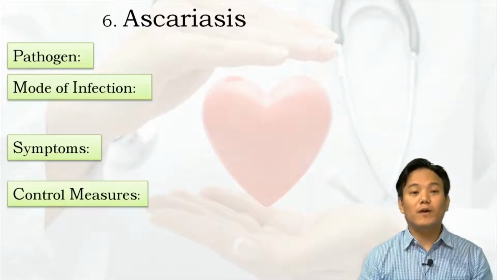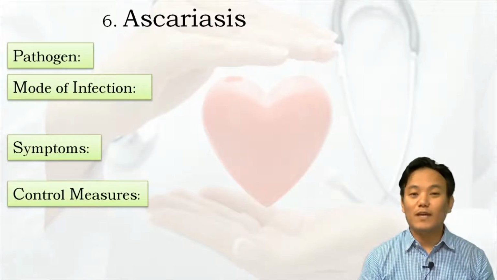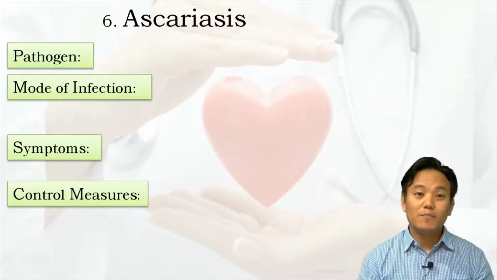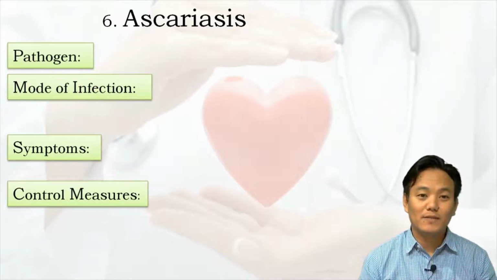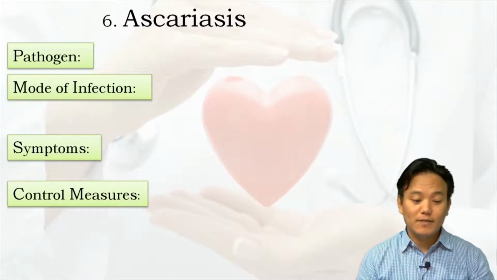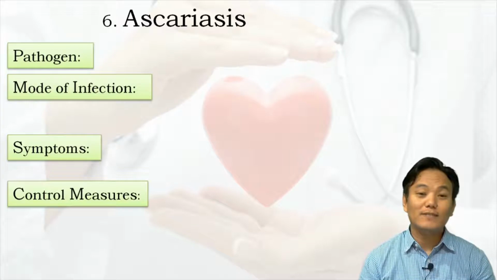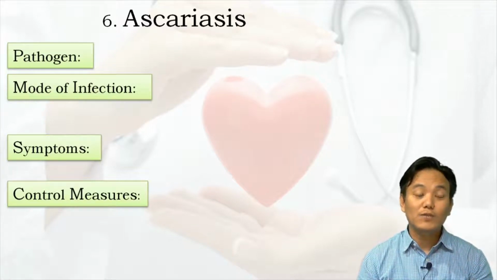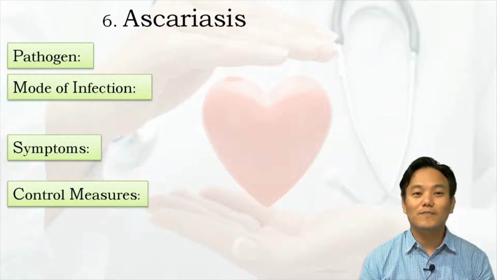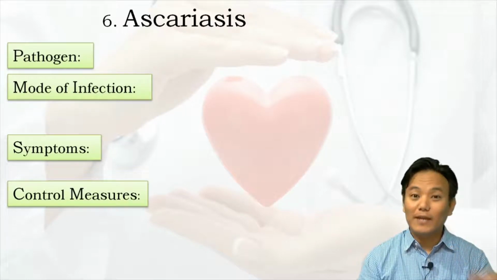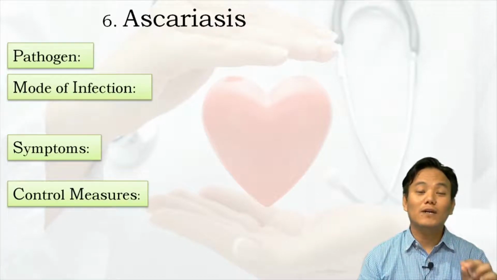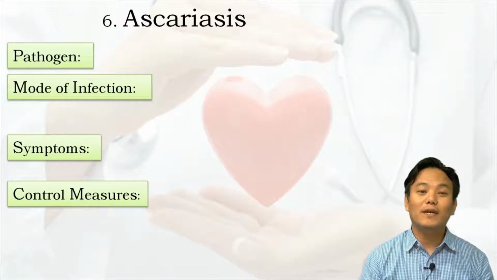Before we discuss ascariasis, we need to understand what helminths are. Helminths are large parasitic worms. They are macroparasites. They are also called endoparasites because they can live and feed inside their living host. In doing so, they draw nourishment from their host and harm them in the process by causing diseases. They are macroparasites because we can see the adult form of those worms with our naked eyes, and they can cause diseases in human beings. Therefore they are also classified as pathogens.